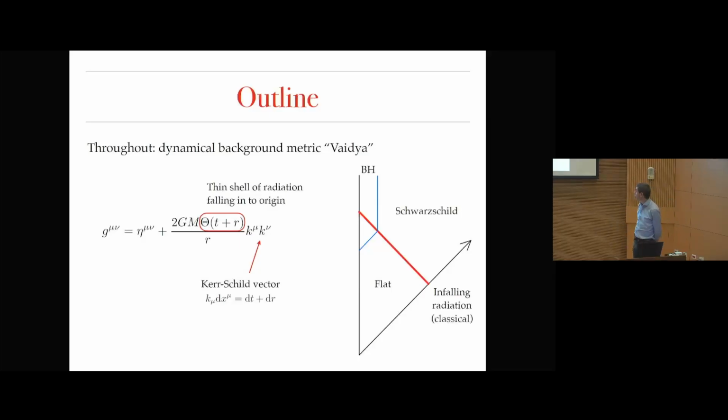And in the future of that region, there is a Schwarzschild zone. So up here, it's just ordinary Schwarzschild. The theta function is 1 now, and there's a black hole sitting around here. It's worth noticing that the blue line here is the event horizon, and the event horizon forms, in a sense, before the radiation gets there. That's because if you're an observer just sitting around in this little part, you might think that everything's great, but when the radiation goes by, you didn't have time to get out, so you're stuck.